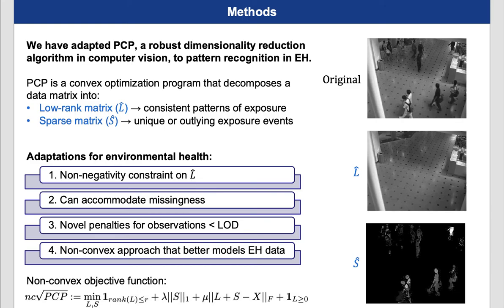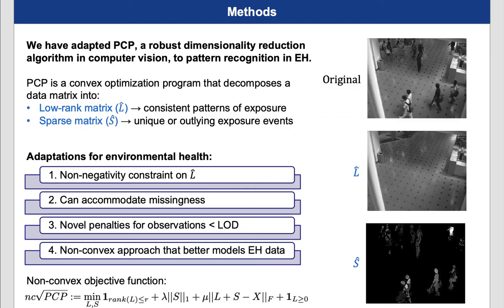We've tailored PCP for environmental health problems by engineering 4 adaptations. A non-negativity constraint on the low-rank matrix enhances interpretability, while procedures to accommodate missingness allow PCP flexibility in dealing with varying environmental datasets. Additionally, novel penalties for observations below the limit of detection allow us to leverage LOD information when